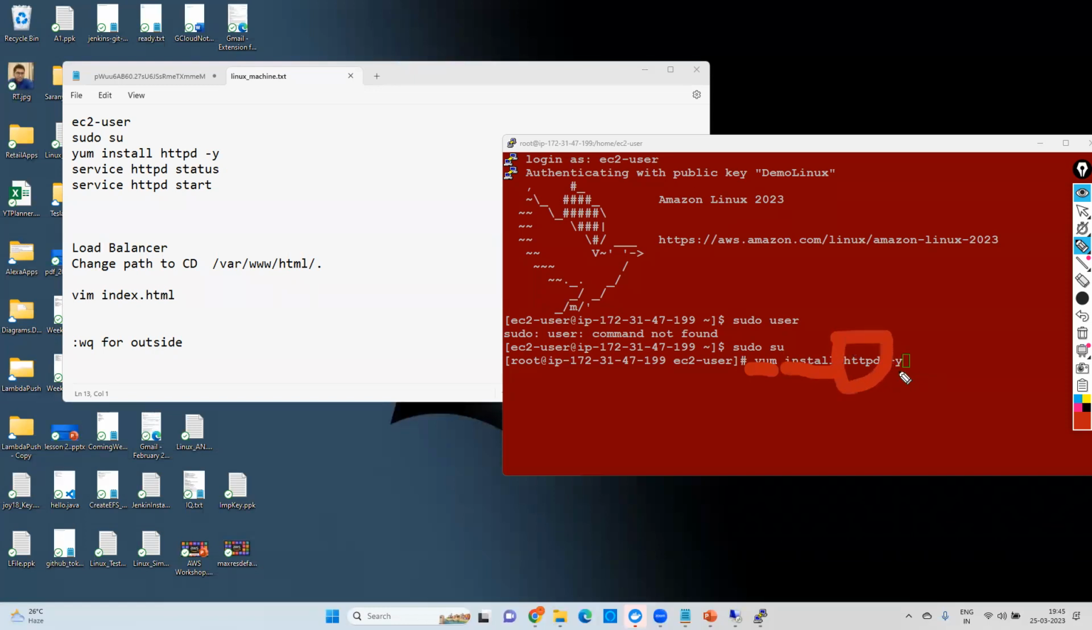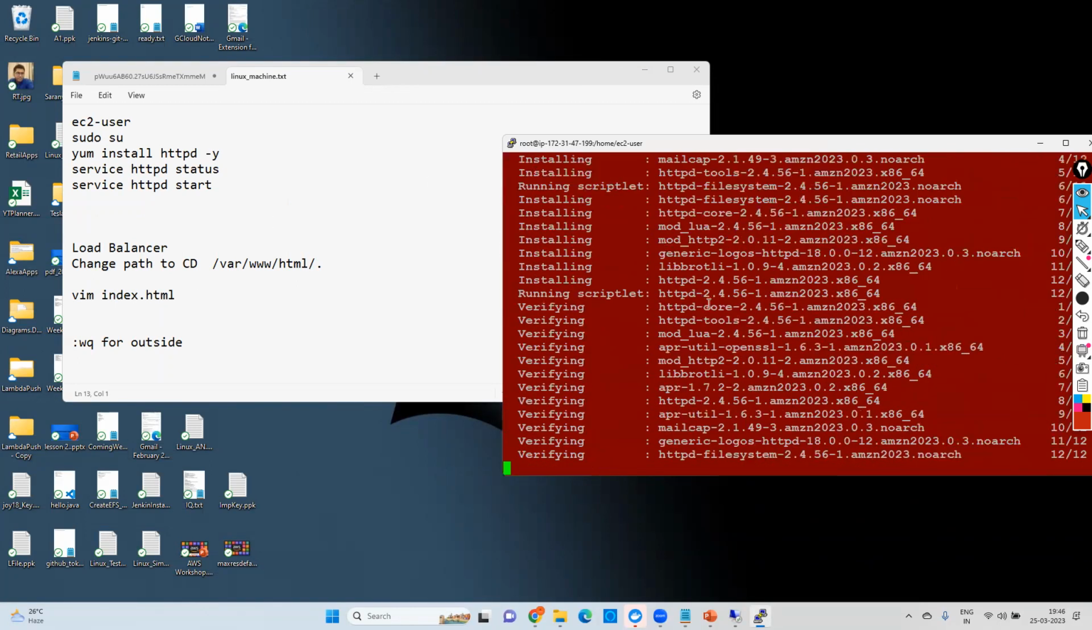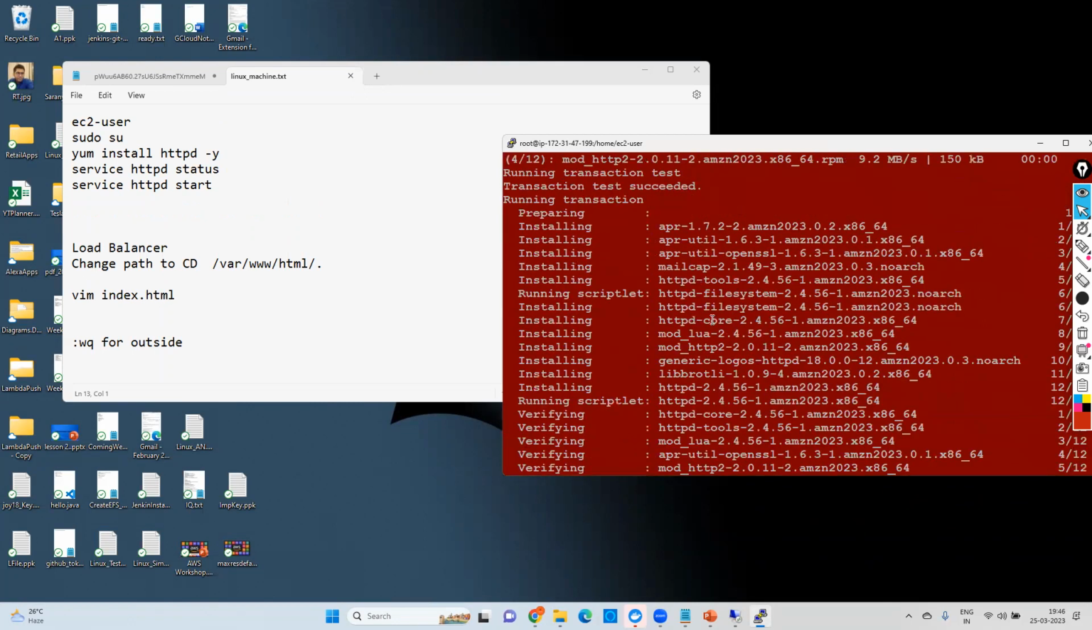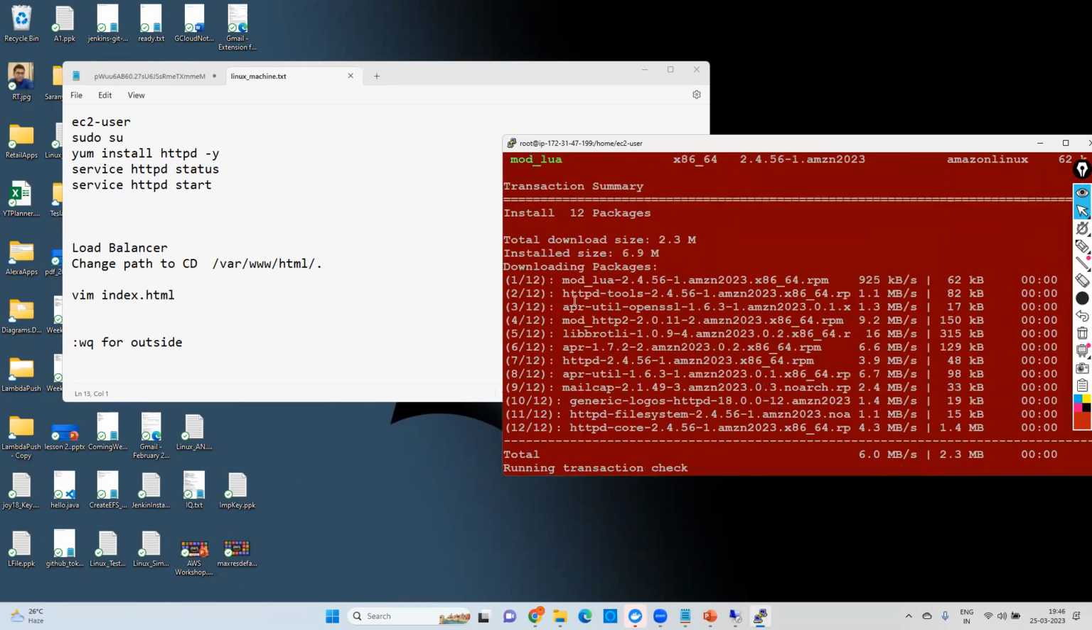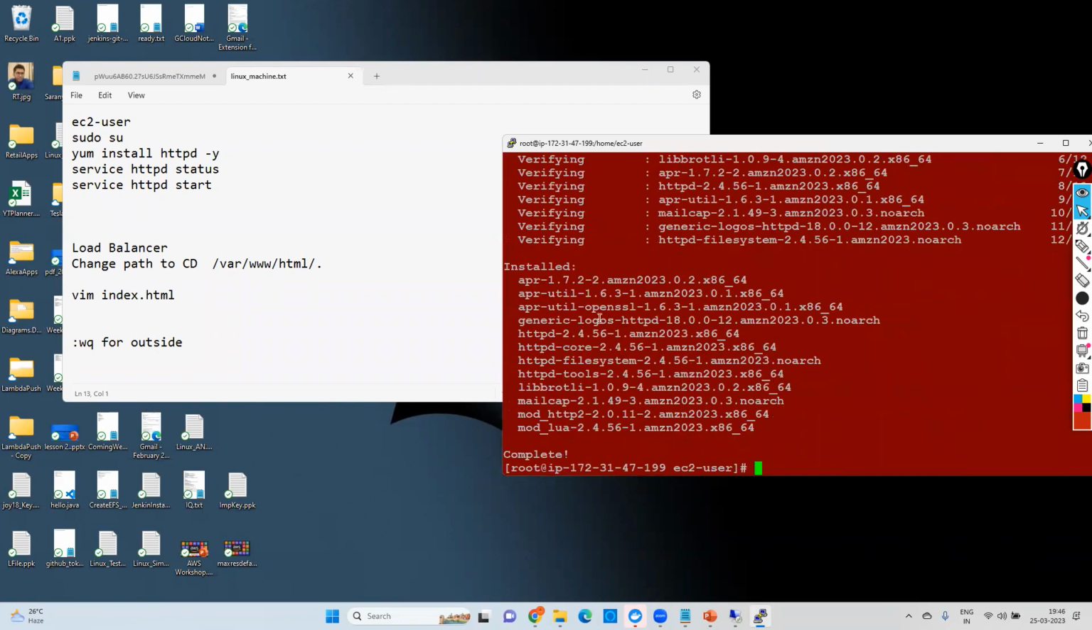And why am I giving -y? I'm giving -y because if you're not giving -y, it will start asking you yes or no in every installation. And that is what I don't want. That's why I'm giving -y upfront here. So the moment I type this command and press enter, it will start installing httpd, which is Apache web server. It has started, right? It is showing you it has started: download packages, install packages, and